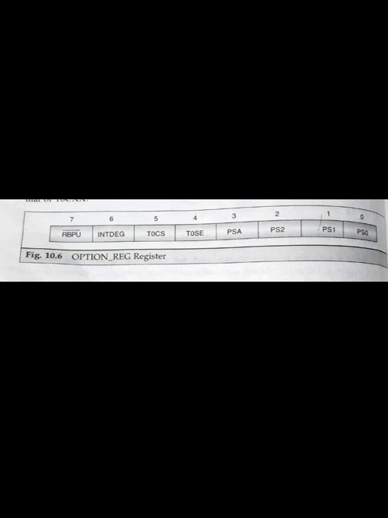Similarly, for 001 up to 111 the possible combinations of the prescaler for the timer or the watchdog timer are shown in the table.